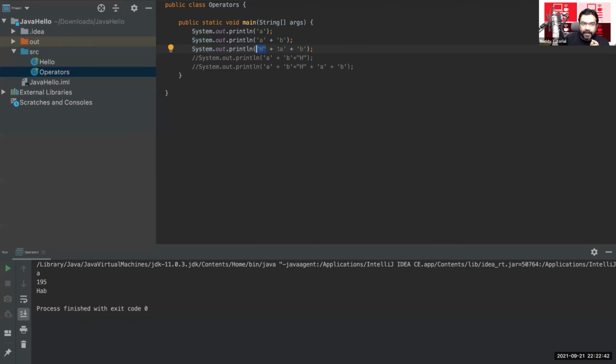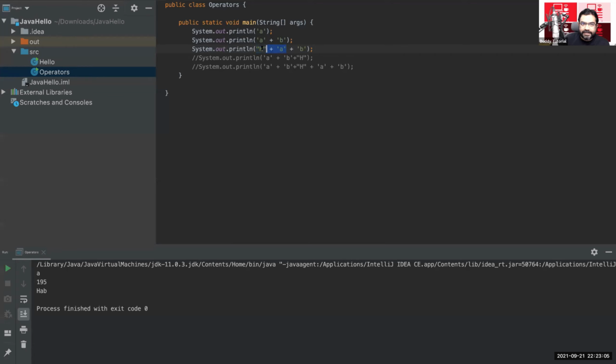A string plus whatever it is, will it be a numerical addition or a string concatenation? If any of the sides of a plus is a string, it will be string concatenation. So string concatenation means H plus A. It will be HA.